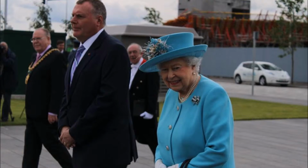Another photo that I've chosen, I think this is actually a good one as well. This photo was taken at Slessor Gardens, the public area for Dundee, the relatively new area, opened just over a year ago. This was taken on the 6th of July 2016, as obviously you can see from this photo, the Queen, Her Majesty Queen Elizabeth II, and the Duke of Edinburgh, who is not pictured,